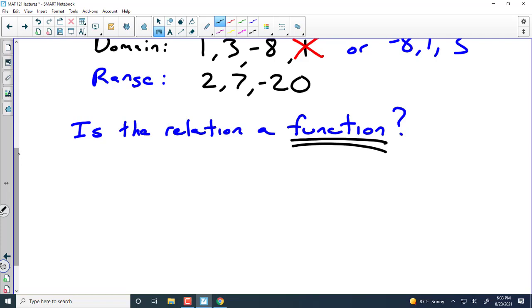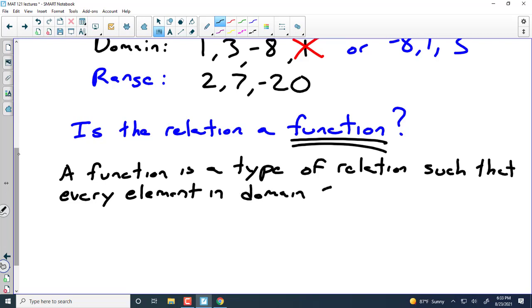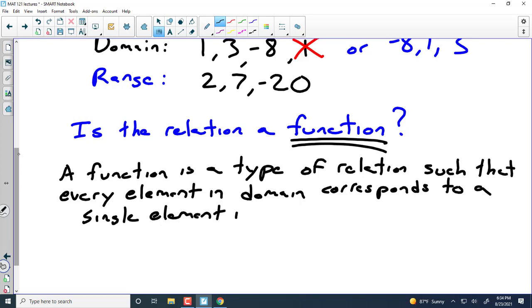Is the relation a function? Well, I guess if we're going to answer that question, we need to know what a function is. A function is a type of relation such that every element in the domain corresponds to a single element